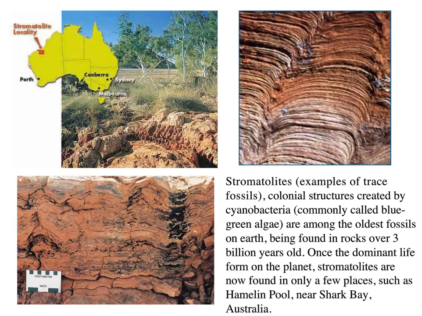So here we have the location where the stromatolites are formed. You can actually see the stromatolites on the upper right, okay? And so these are generally made by cyanobacteria, which photosynthesize, by the way, and are among the oldest fossils on the Earth, potentially about 3 billion years old. So think about it, guys. That's pretty awesome as far as life is concerned. If life is really that old, that's pretty amazing.